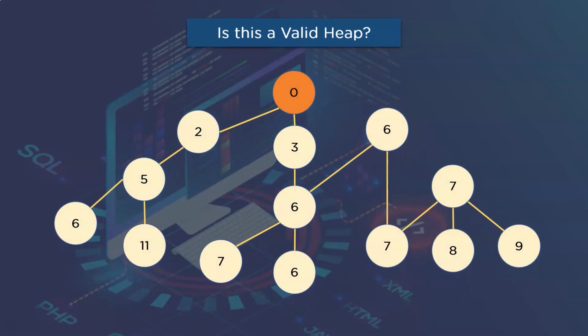Moving forward, let's analyze another tree-like data structure to consider if it is a valid heap or not. Well, yes, this is a valid heap because even though this one is strangely structured, we are free to move around the visual representation of nodes to make it organized. Now you all must be thinking how we can do that. Well, we'll understand that scenario in upcoming slides.